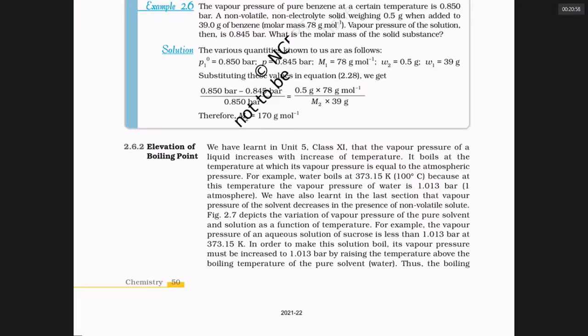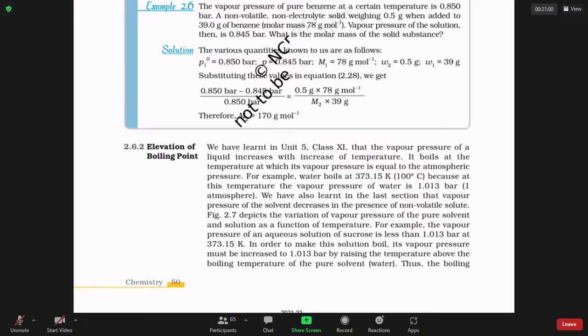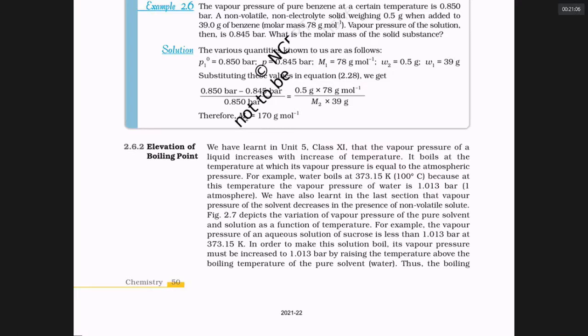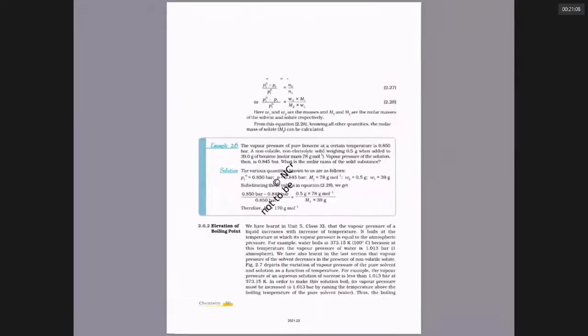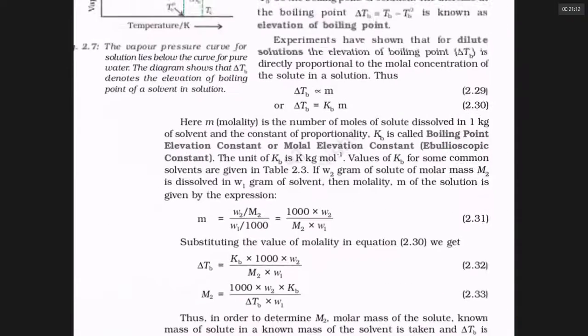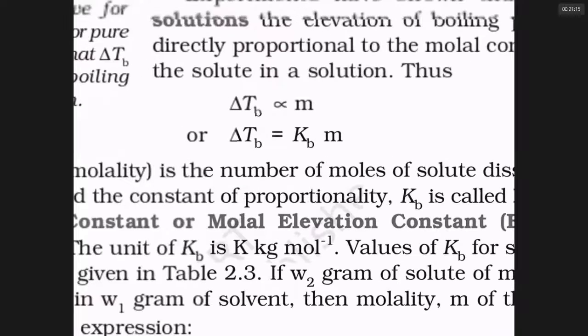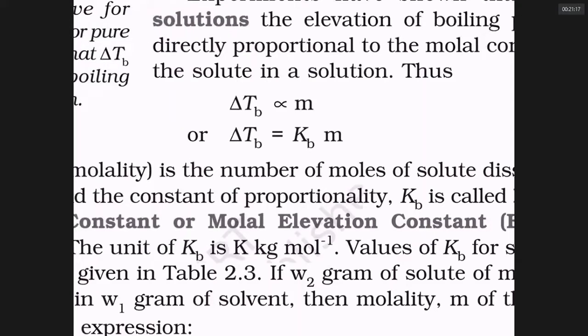Delta Tb is equal to a constant into molality. That constant is called Kb, the molal elevation in boiling point constant. Notice that delta Tb is equal to Kb into m. It means delta Tb is equal to Kb when